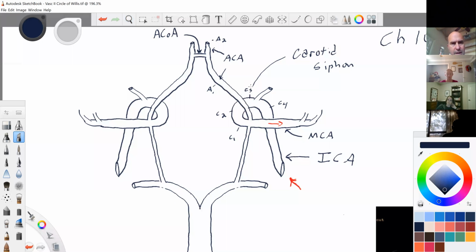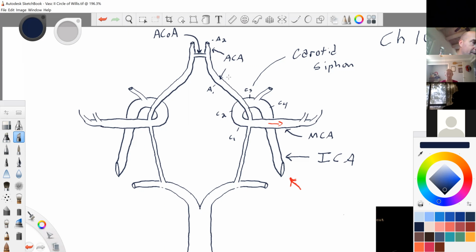One thing I drew, and I'm kind of looking at this now, this ACA is actually a very small artery. It is a thread of an artery, unless it's being used as collateral flow. And we've already learned that you can have collateral flow going through the circle of Willis in order to feed a subclavian steal or to feed the opposite side of the brain for an occluded ICA on one side or the other. So in those cases, then the ACA, and well, I might as well mention the